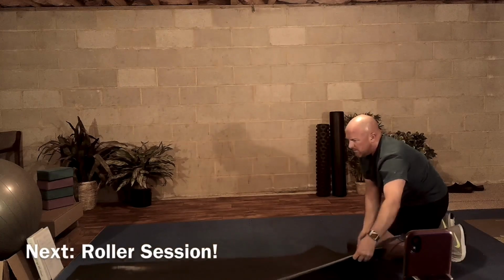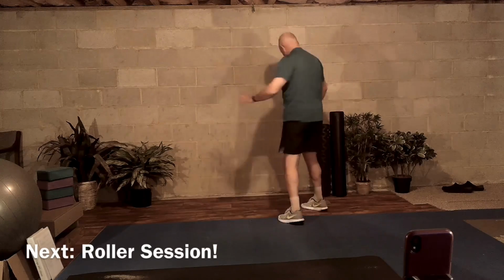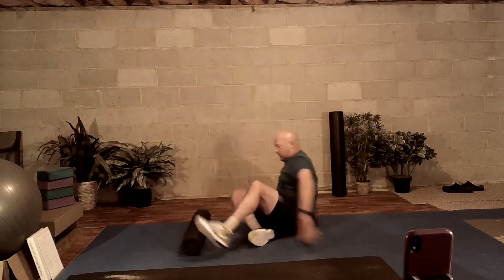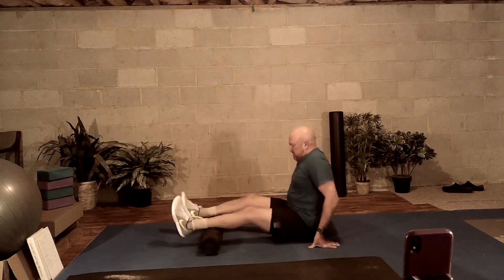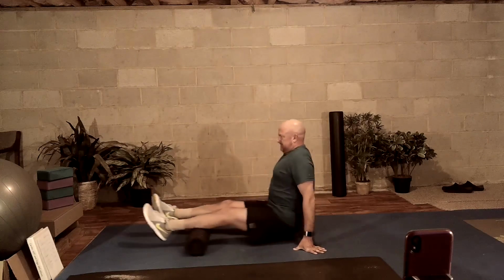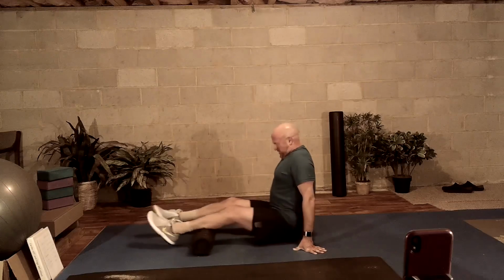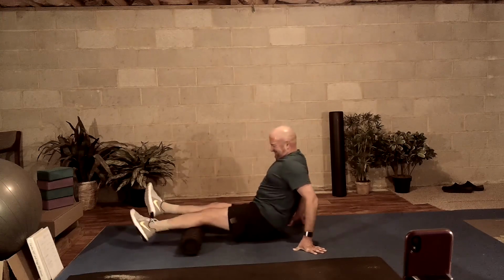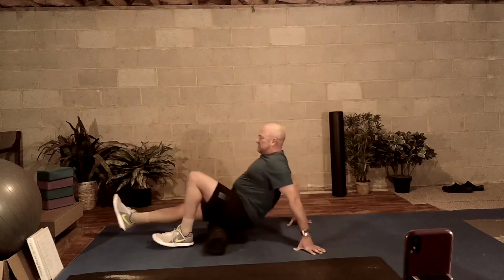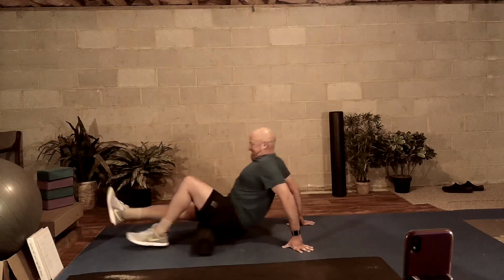Moving to our last cool down exercise here, we're going to do a roller session. So you want to roll out those muscles. I'm going to start off here with the calves because they just got fried with the jumping jacks. So I'm going to work it back and forth 2 times. Turn your toes over to the right, point them in the right direction, roll them twice, and then switch it to the left and roll them twice. Bringing it up to the